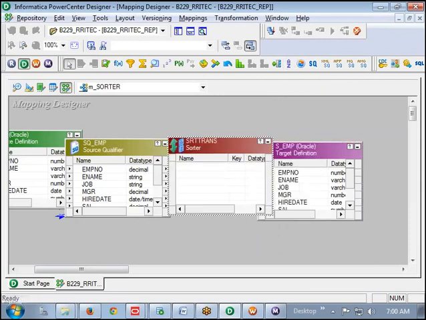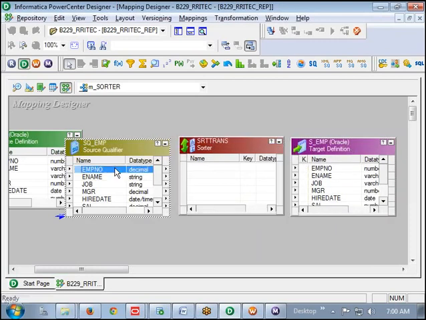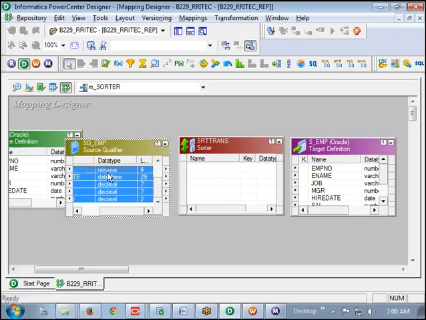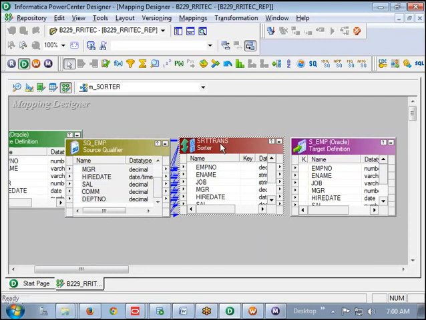Then drag and drop the required columns, or all the columns, into the sorter. Then from the sorter, also try to connect it to the target.